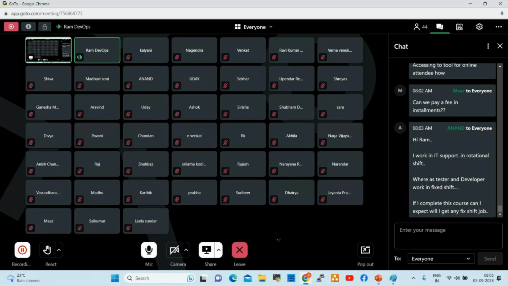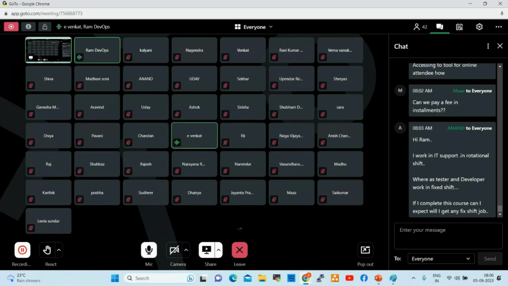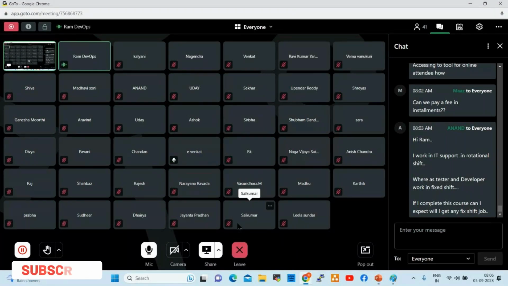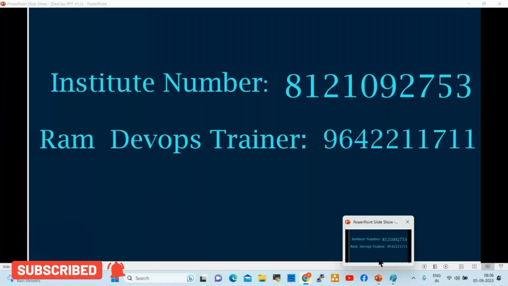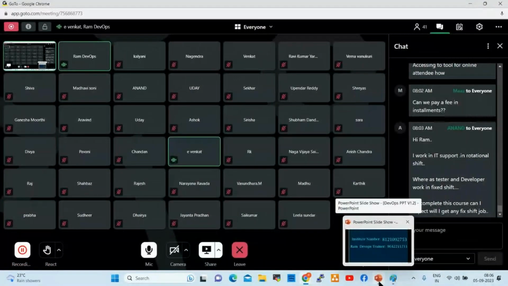Another question. Hi Ram, this is Venkat. You said you would cover tools like Kubernetes and Ansible, and you also mentioned Terraform. Will you cover Terraform in this course? Yes, Terraform also we will go deep dive. Terraform is a very cool, very advanced tool. Currently, most of the project teams are using Terraform. Yes, that's why I'm asking. Some projects are also migrating from Kubernetes to Terraform.